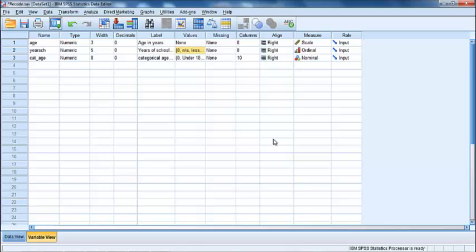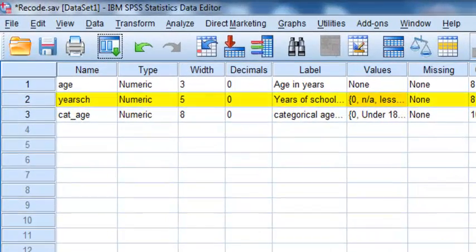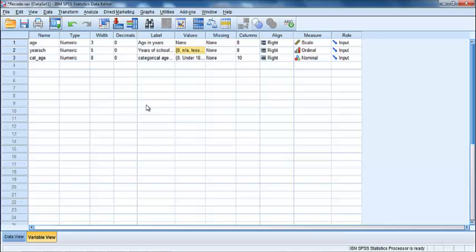Okay, so let's go back to our data set under variable view. As you can see, the data set we have here has a variable representing years of school. Let's run a frequency command on this variable to see what it looks like. So let's do that now by going to Analyze,